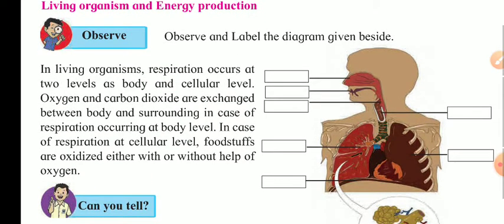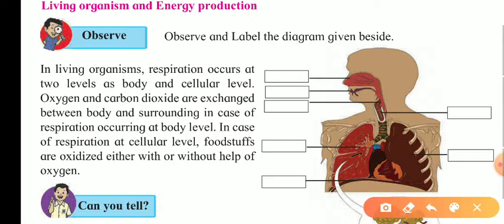In that, first of all, we should know about the respiration part. Here they have given the different parts of the respiratory system, because one part we have already discussed: from where we are getting food stuffs and which nutrients we are getting from them. Now the other thing we require for energy production in the body is oxygen. And we get oxygen in the body through respiration. So we should also understand the respiratory system.